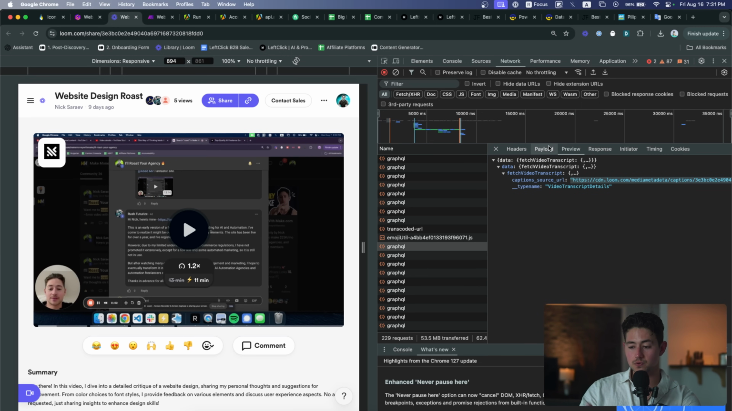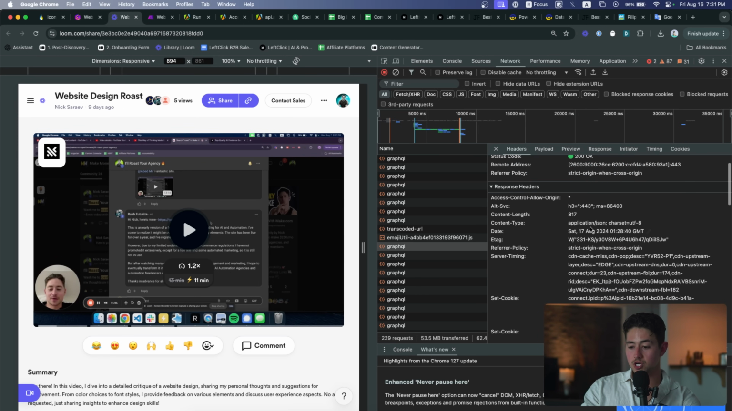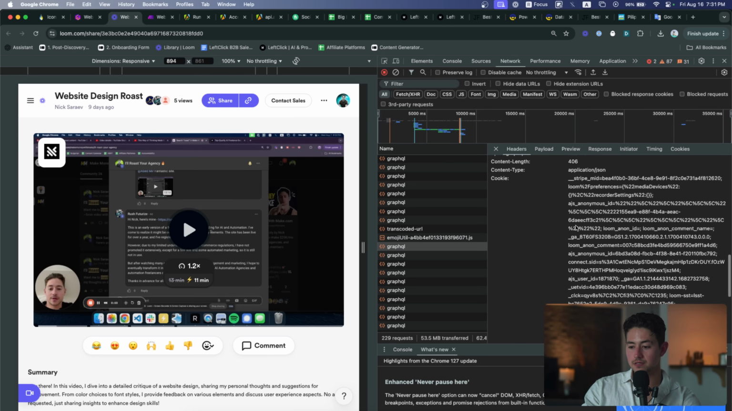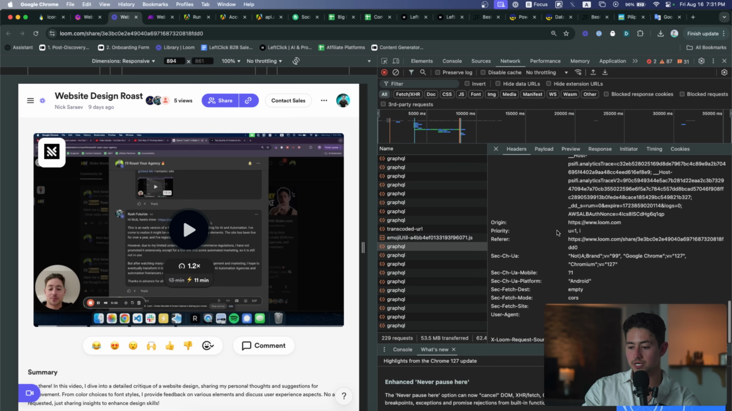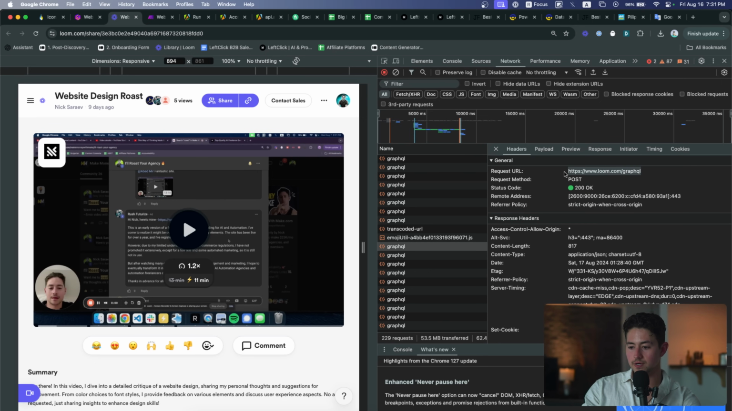In order to do that, go down to payload. And then you basically copy the entire structure of this request payload. And then you also go to headers here, and you have to copy all of these headers down. Really the most important one here is this cookie. That's what you want. So basically what I'm going to do now is go to this URL